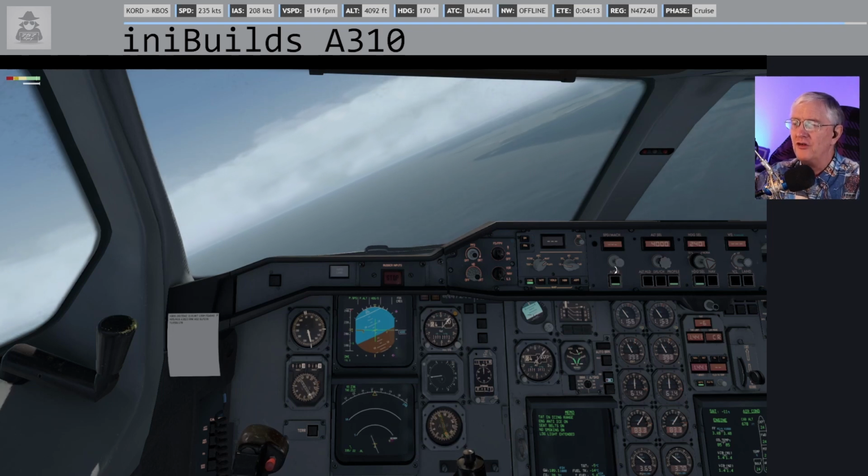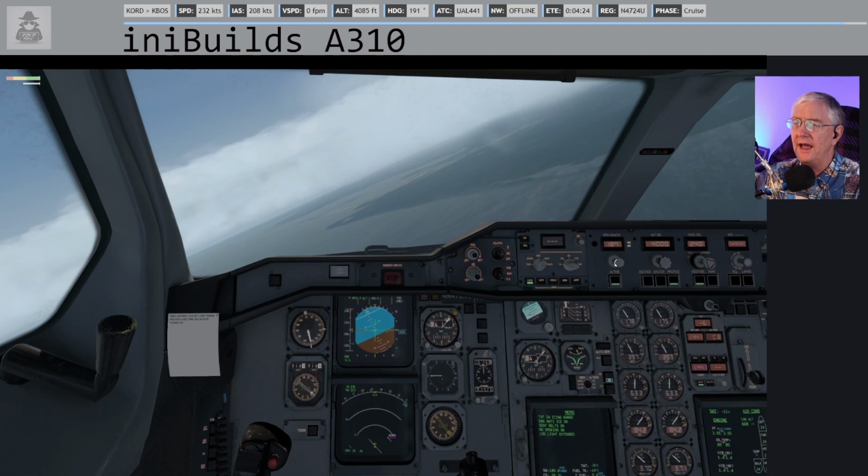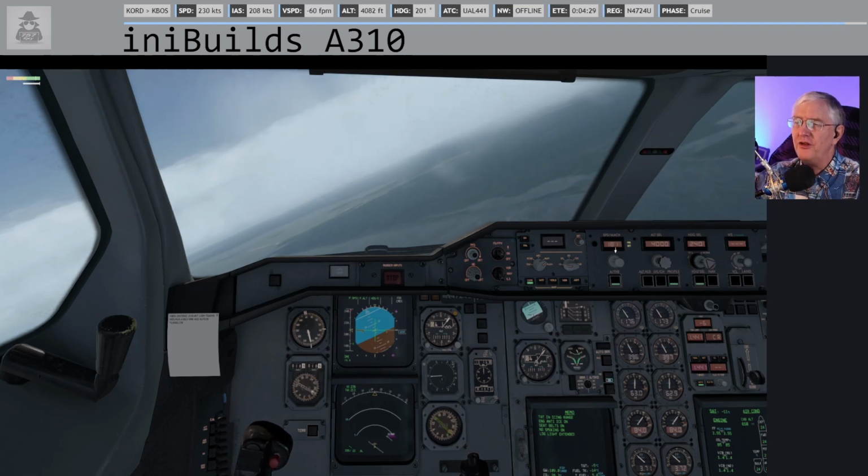I'm also going to take control of my speed. It says 210. I'm going to go, and they're usually about now going to start to slow us down to 180. Now it's just an arming number right now, so I'm going to go ahead and go to level change, and that should,